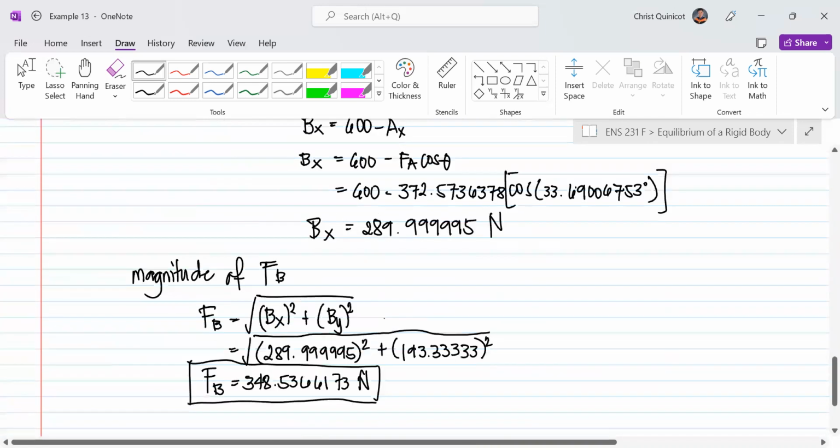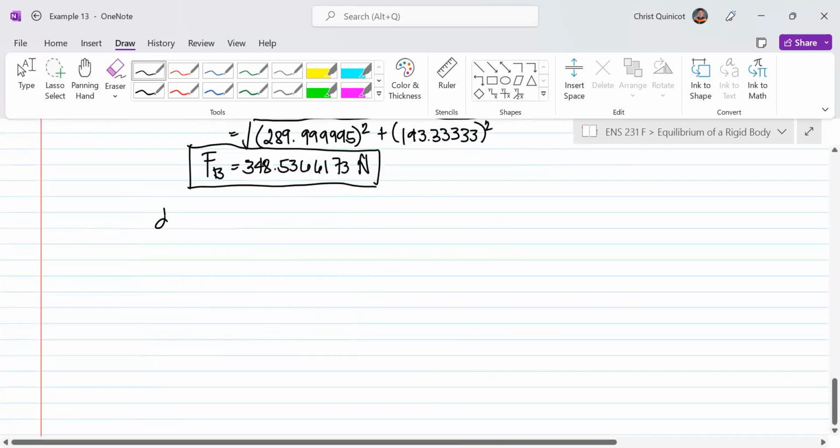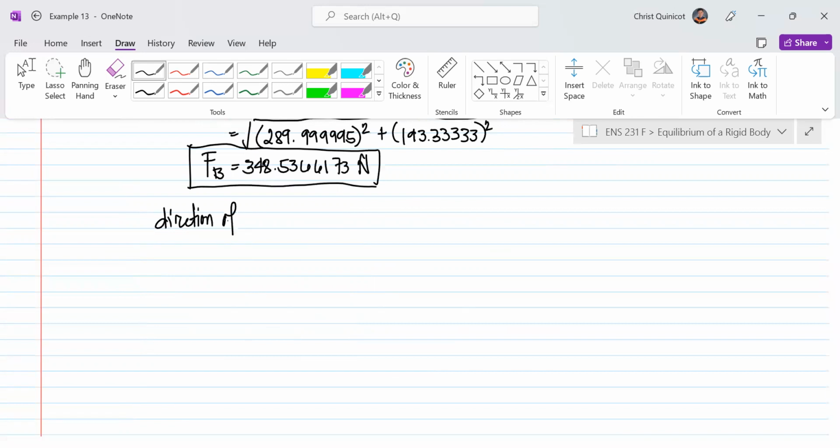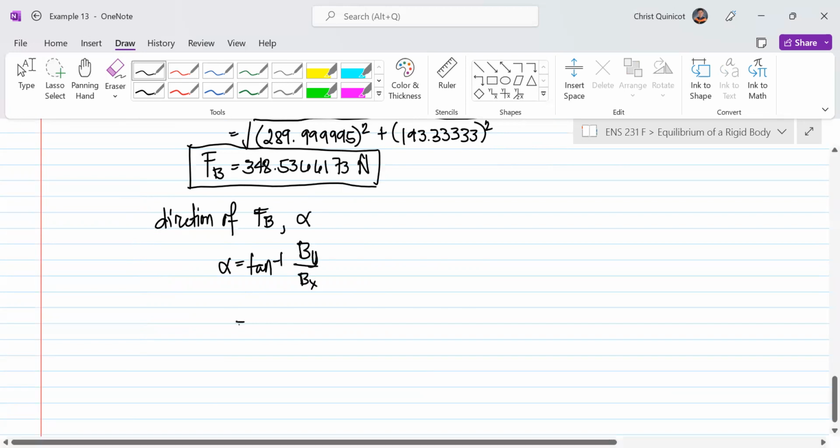So the direction of F sub B. Since we have used already theta, let us say alpha. So alpha is equal to inverse tangent of B sub y over B sub x,